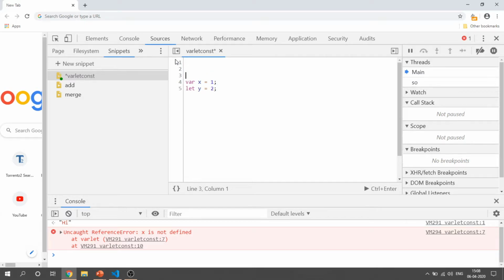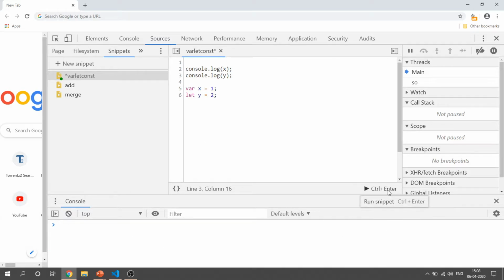So when we try to access x and y, console.log x and console.log y,